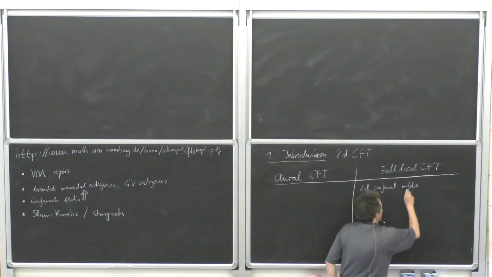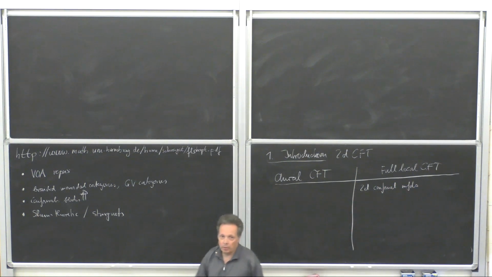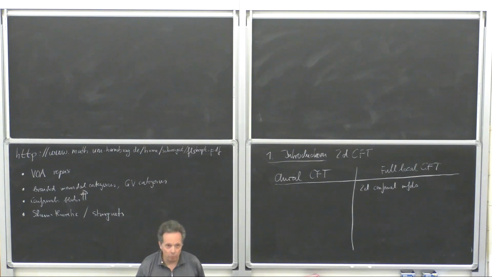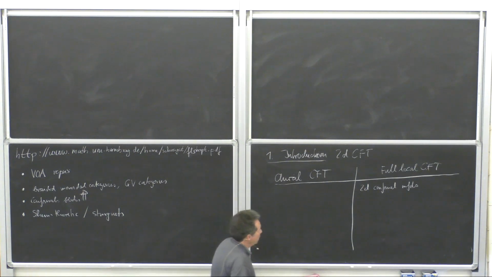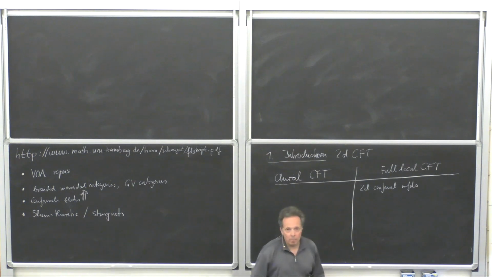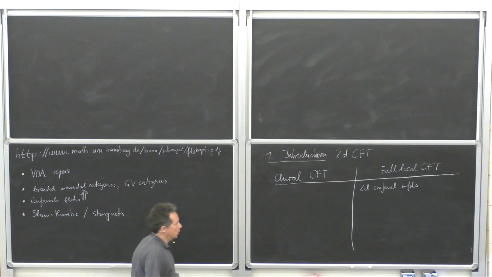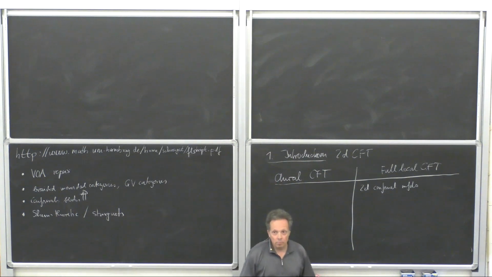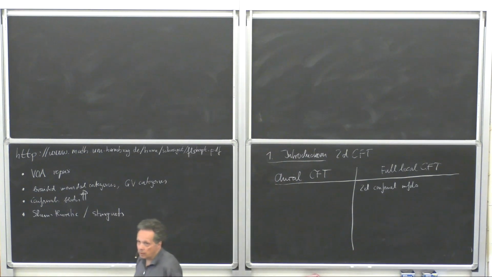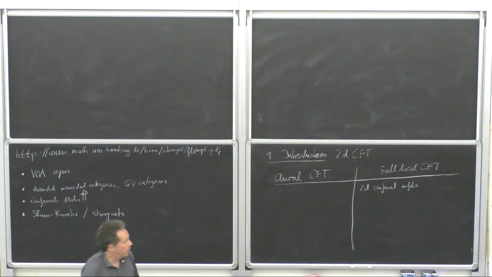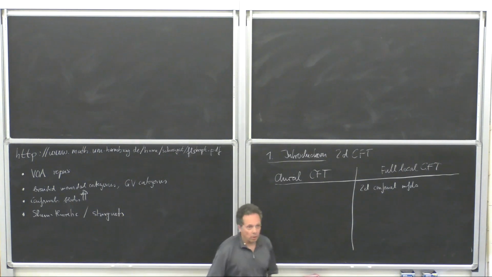Well, a conformal manifold is a manifold with a metric, but the metric only matters up to local rescaling. So here I'm talking about a metric. So I should say metric of what signature? Some of you in the audience will expect maybe a Lorentzian signature. Some of you will expect the Euclidean signature. I will talk in these lectures